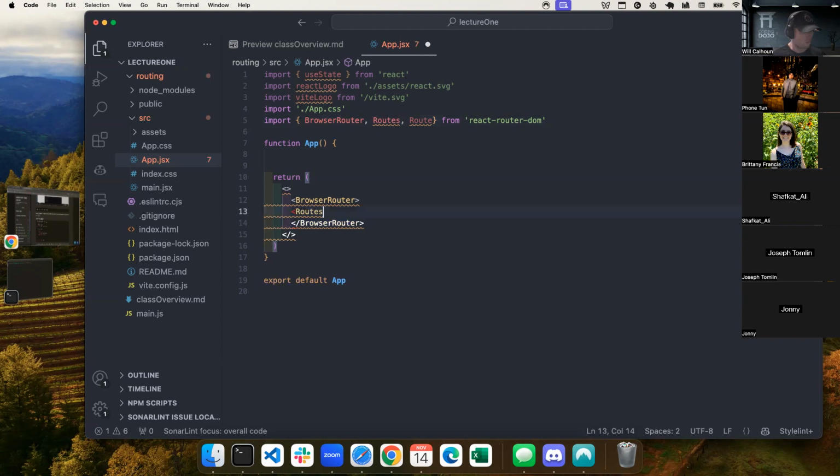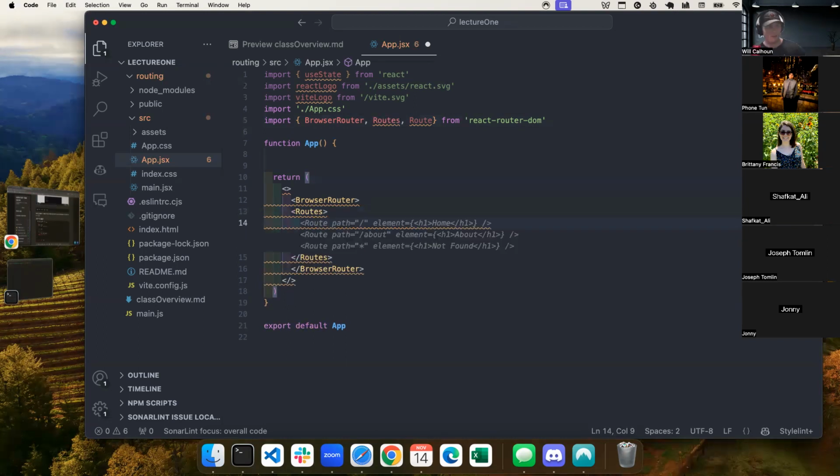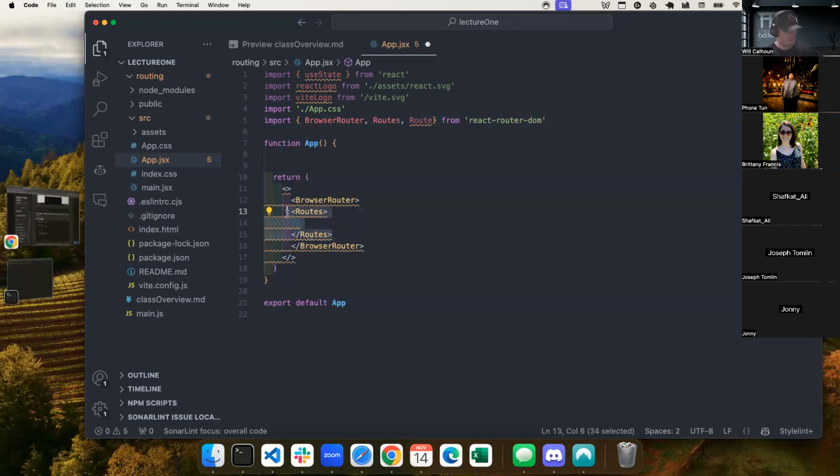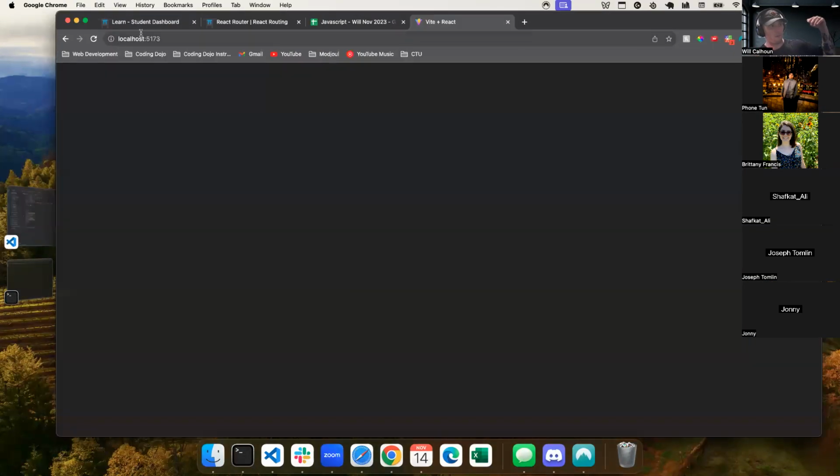And then I need to close that. And everything within routes, let me tab it over. Everything within routes is going to be the actual routes that my application looks for. So anytime I am navigating to something or I'm clicking on something, which we're going to get to use navigating link here in a bit, it's going to say, cool, anytime there's a search up here for slash something, it's going to go check and say, what do you want me to do?